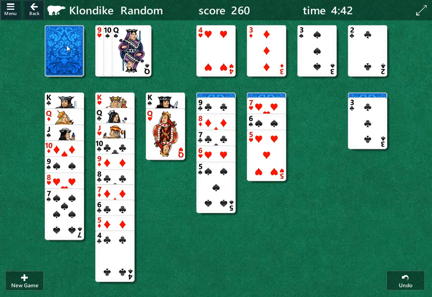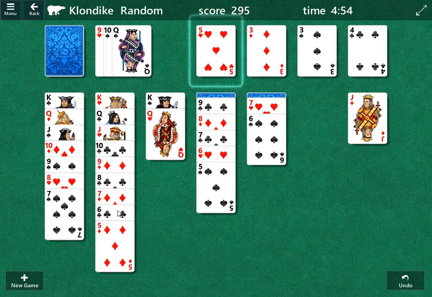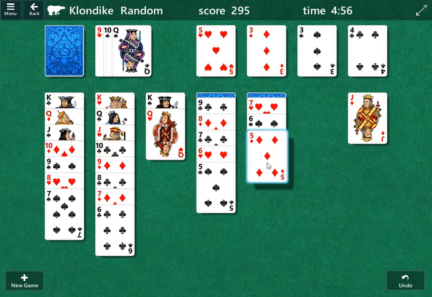Just basically manipulating the draw pile and moving cards around to get cards that we want to see. Okay, that's decent, I think. So we're going to put some cards up to the foundation pile right now. I think that might be it, though. Yeah, that might be it for there, so...